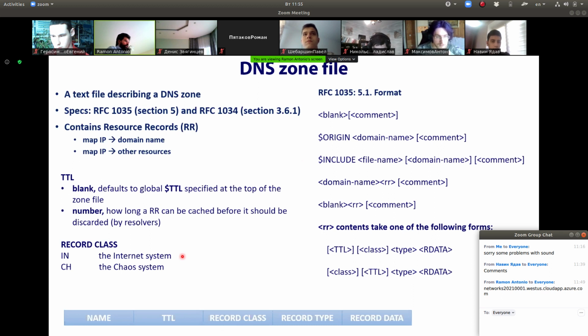Система хаос – это как бы археологическая уже система, она не используется, но ее следы исторически здесь остались. Да? То есть она везде присутствует, ее тип, но она практически не используется, она ушла в небытие. So, поэтому везде практически, где вы будете встречать record class, you will always see IN, right? Internet. So we have other two types which we did not yet cover. This is type and record data. So